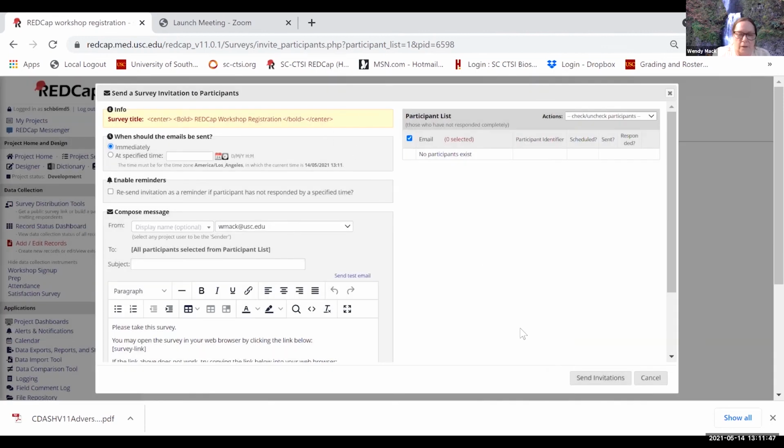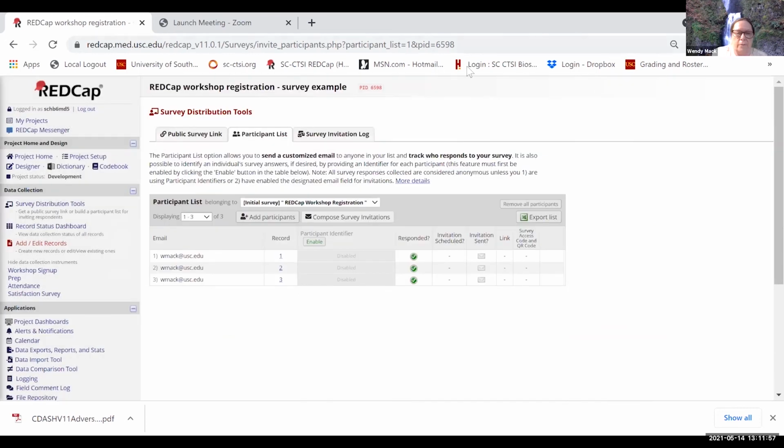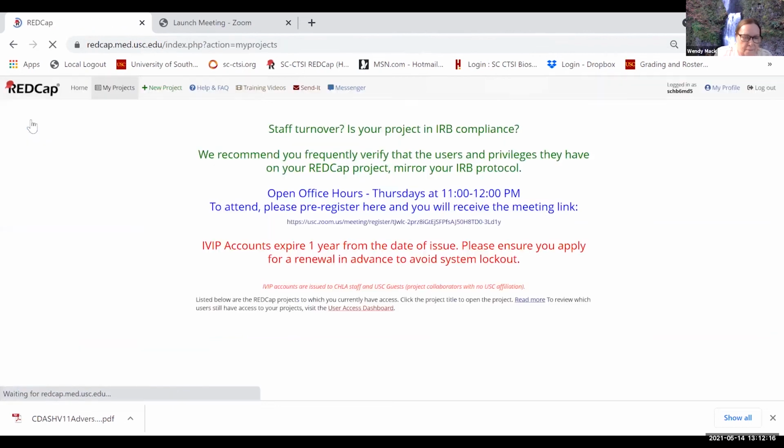So that gives you a quick overview of it. I want to show you a fancier example in a trial we're using where we were forced to go remote, like most of us. So we made a lot of our questionnaires that participants were filling out when they came into the clinic surveys. So, that project